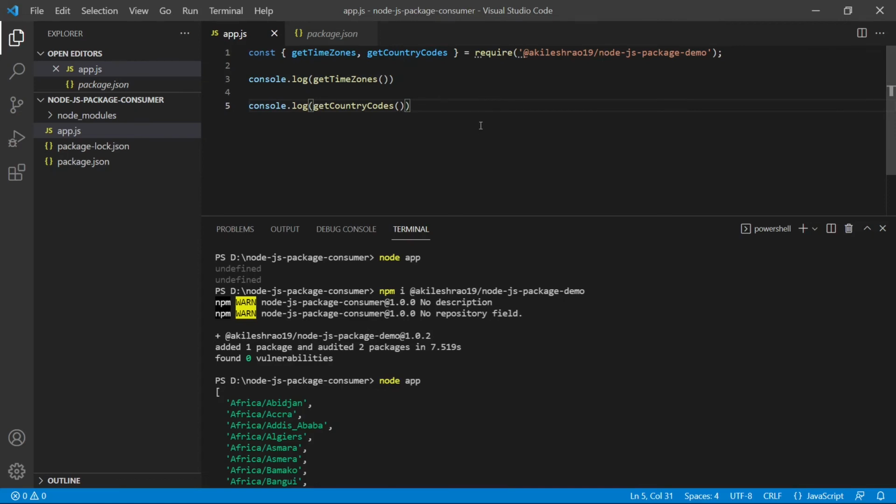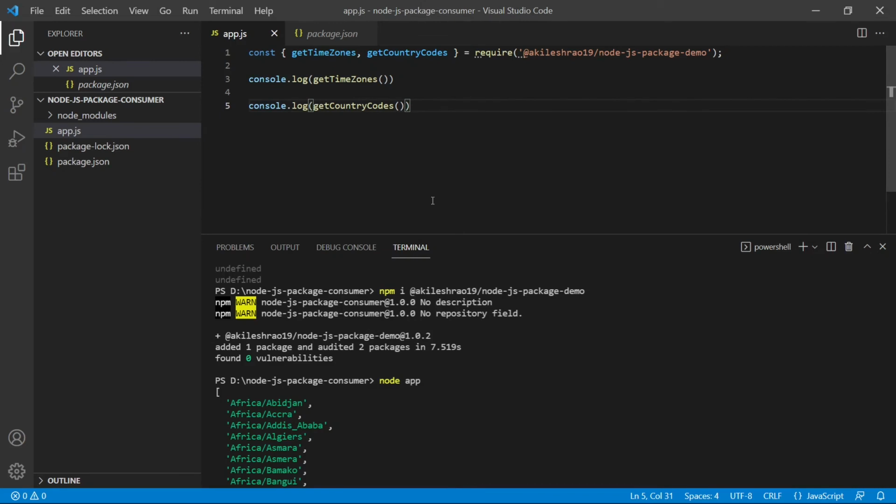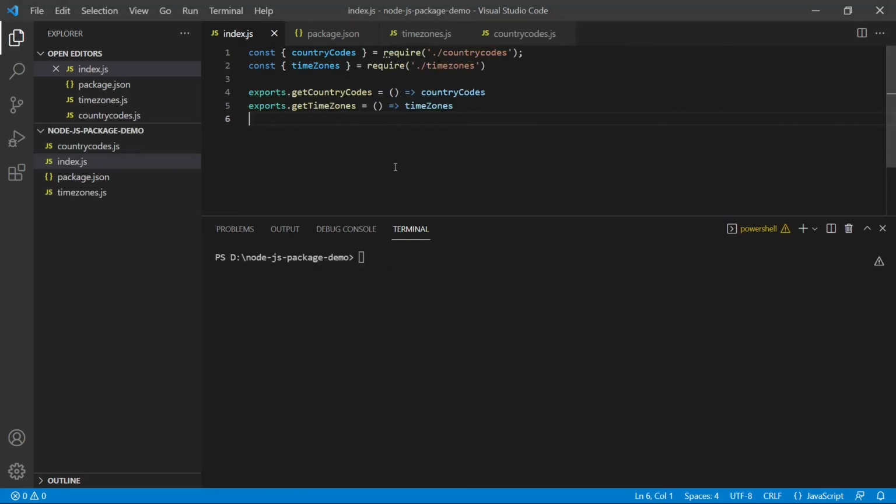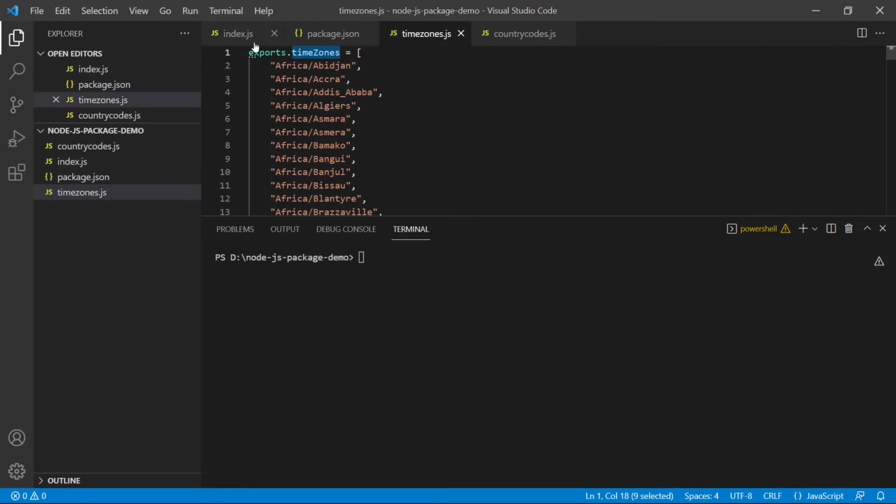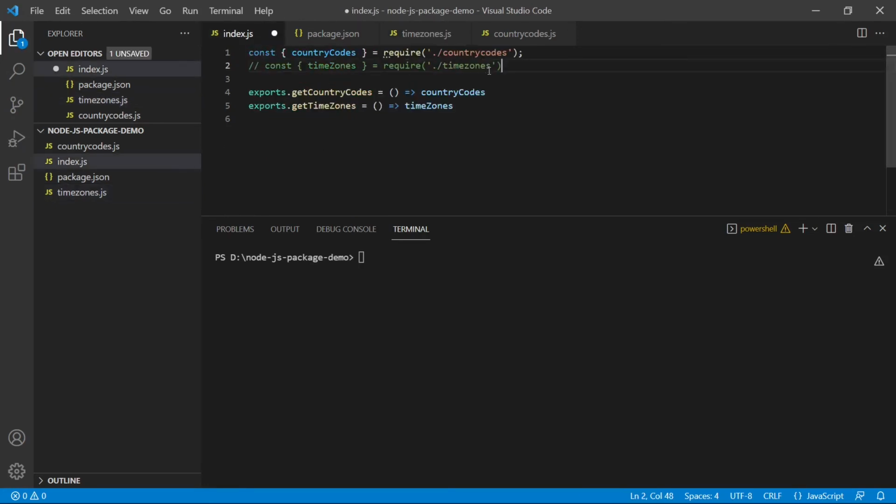So yeah, that's pretty much the gist of how you'd normally publish an npm package to the npm store. I actually forgot to mention one more thing. If I go back to my package, now if I want to have a dependency inside my package, let's say for instance I don't want this time zones array imported from my time zones object inside this file. I'll instead have a third-party package, and in this case it would be moment time zone. So I'll install moment time zone here,